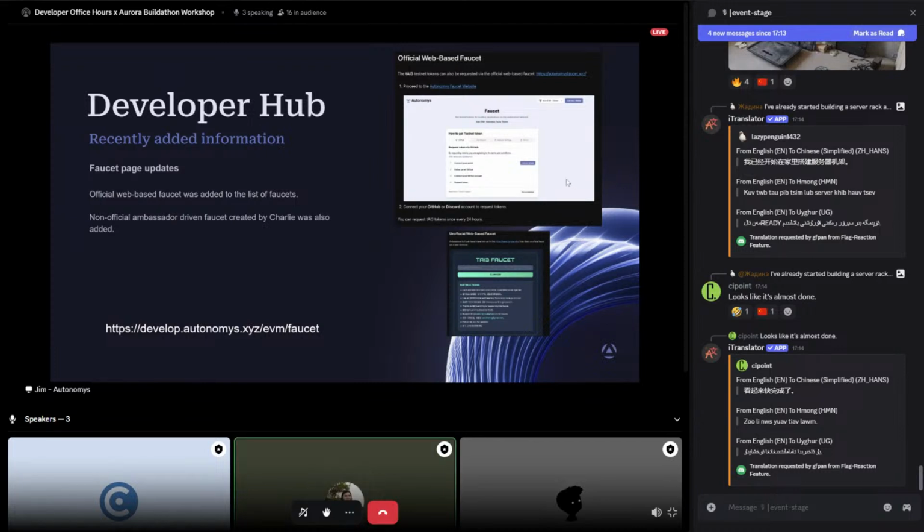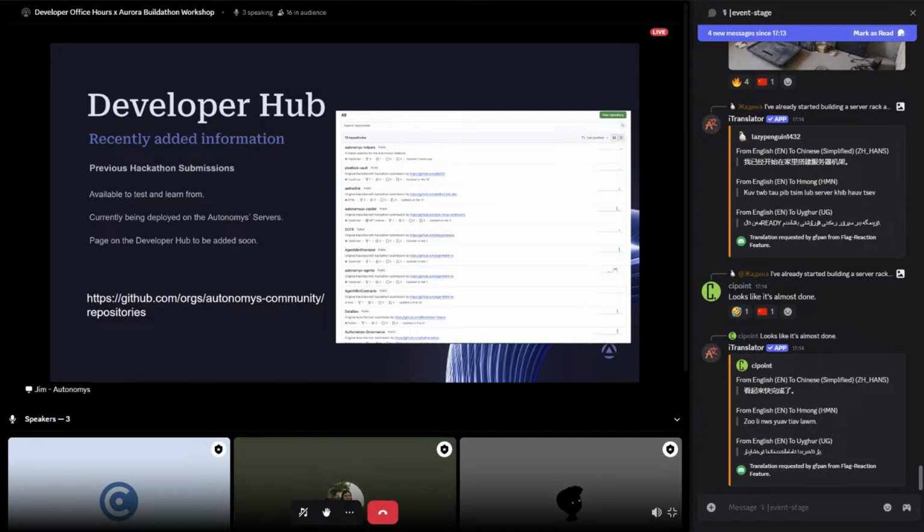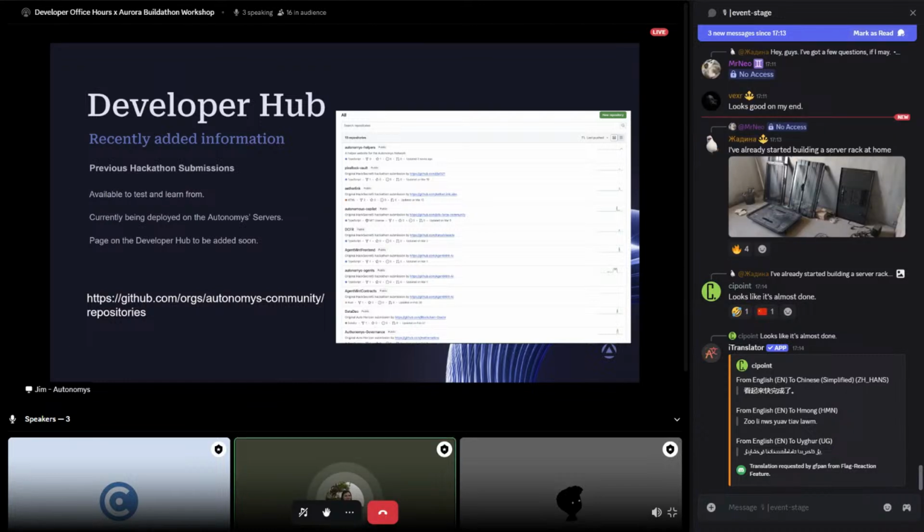And moving on, we've been running yet another initiative, and that initiative is to deploy the applications submitted to the previous hackathons on the Autonomys servers. Why is that important? First of all, we really want to have one place available so that everyone learning about the network or willing to test the applications can go check out the code and test the deployed application. So we don't really want them to go down. That's why we moved every single submission from all the previous hackathons and developer engagement initiatives that we've run before into the